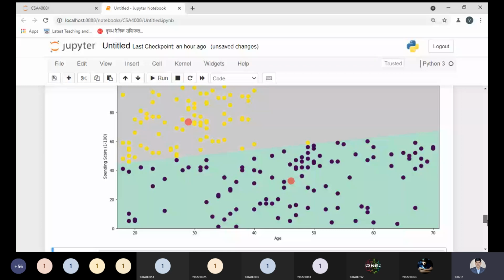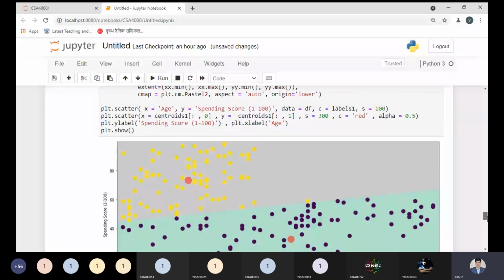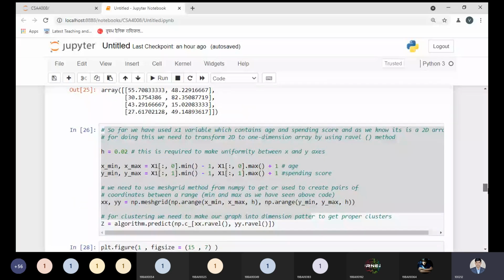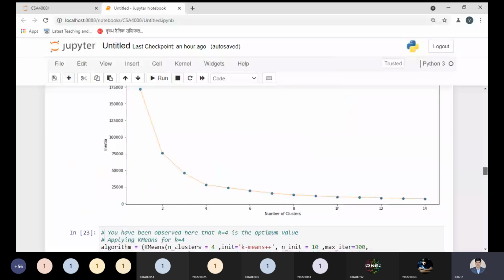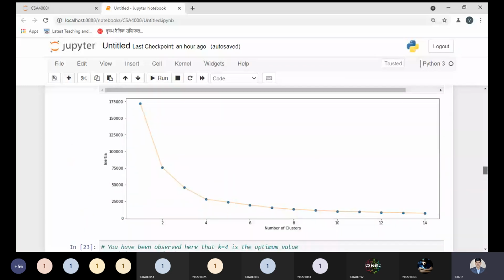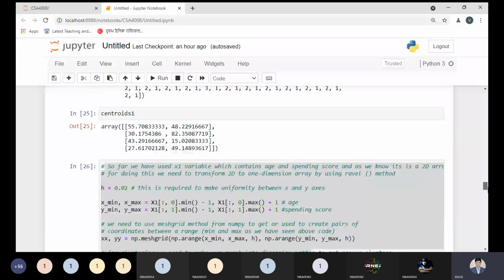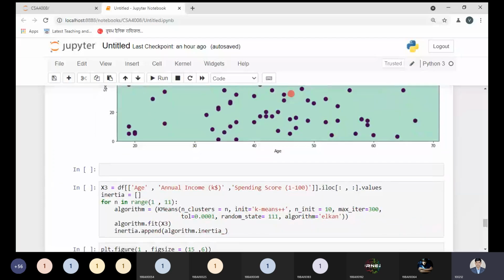Okay, so it's up to you at which point you want to find the optimum K value. Before displaying the clusters, we need to define the cluster size first, and the elbow method is the best method by which we can do that. So this is the idea I've shared with you right now. At the last, I can explain some more interesting parts, so within 2 or 3 minutes, you can understand.